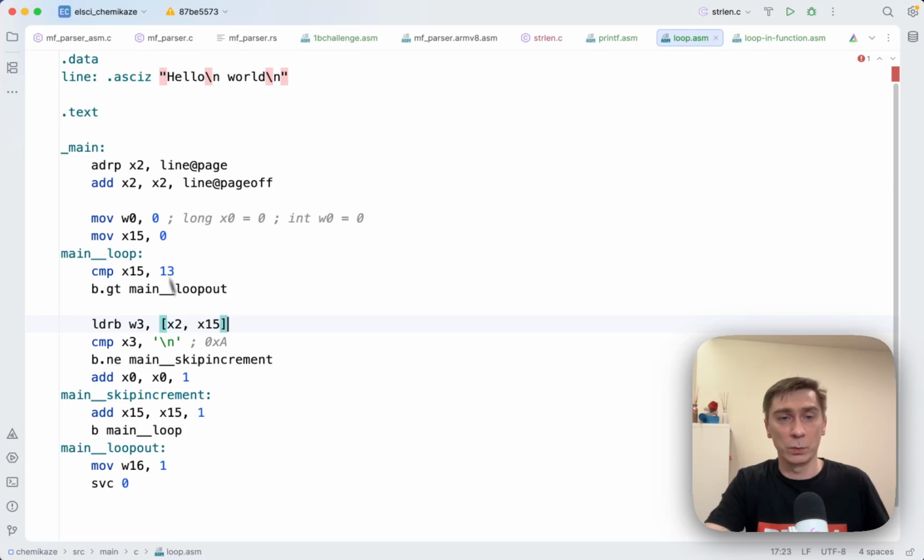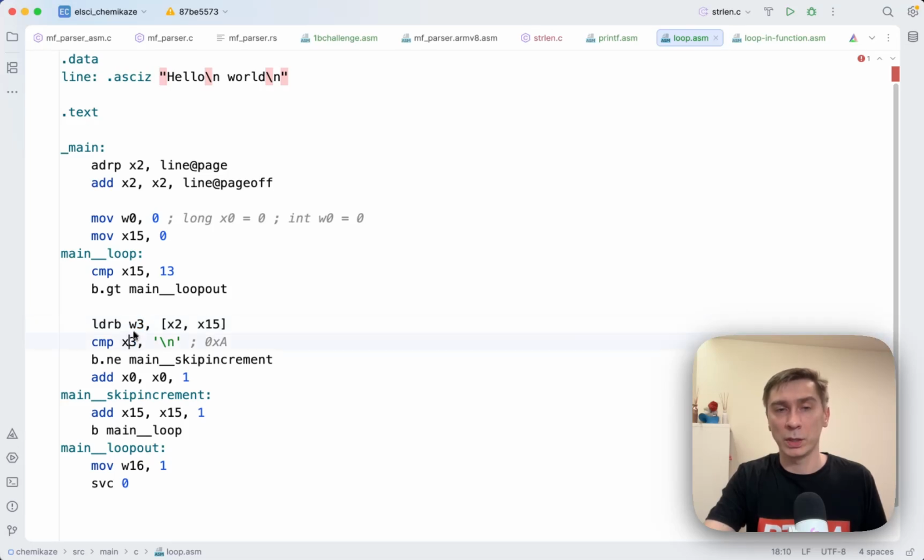So let's continue. We incremented our I, and now we want to look at the E, right? So we'll check whether our I is greater than 13. It's not, so we're not jumping here. We'll load the next value. How do we do this? We still have the base address. The base address is the address of the first symbol, but plus I, so I is currently 1, so we have x2, whatever the address is, plus 1, which references this one. We'll look at that address and we'll load the value that this address points to into variable w3,